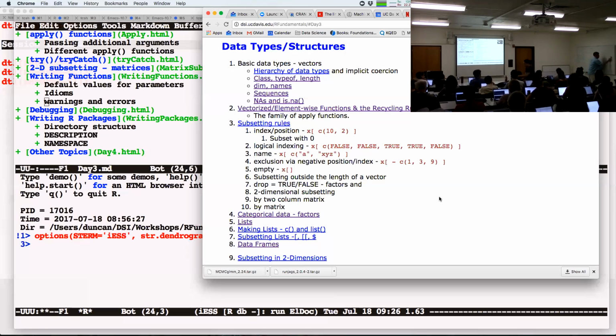subsetting. A lot of people do this, and there are times when it's important. People do things like x is greater than 0. Let's find all the x's that are greater than 0, and then go to a parallel vector y and get those. You see a lot of people doing which of x greater than 0, and that's absolutely fine, it's just an extra piece of work. But these two are the same thing. Why make it more complicated?